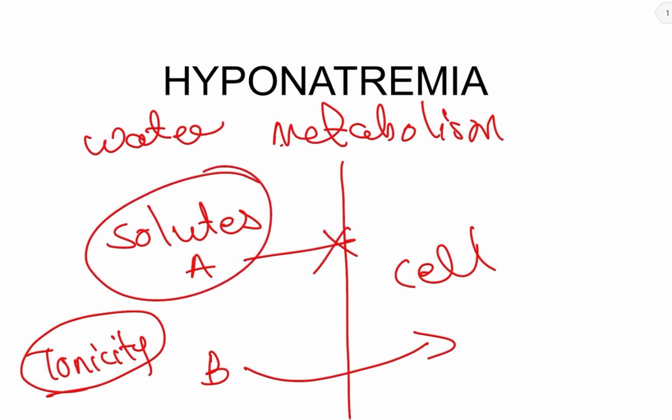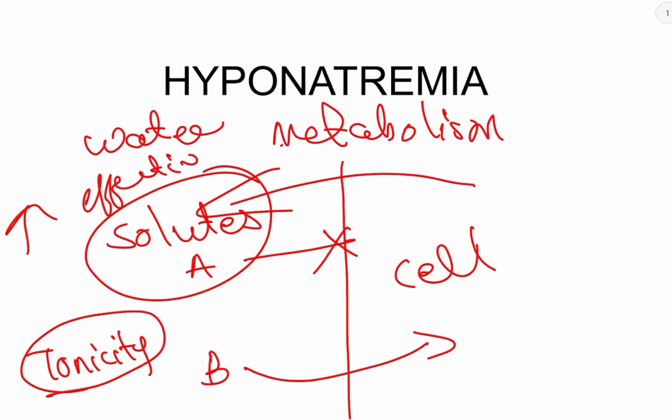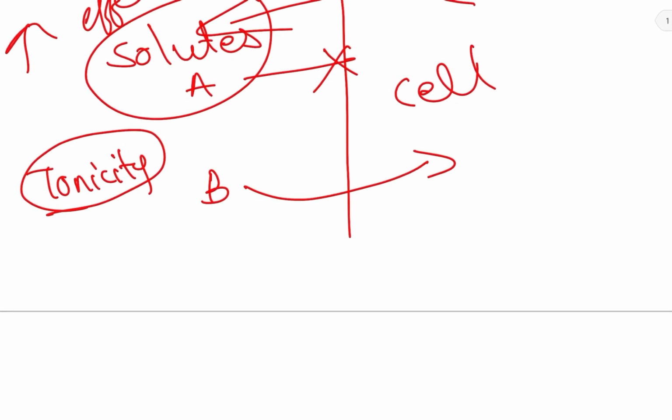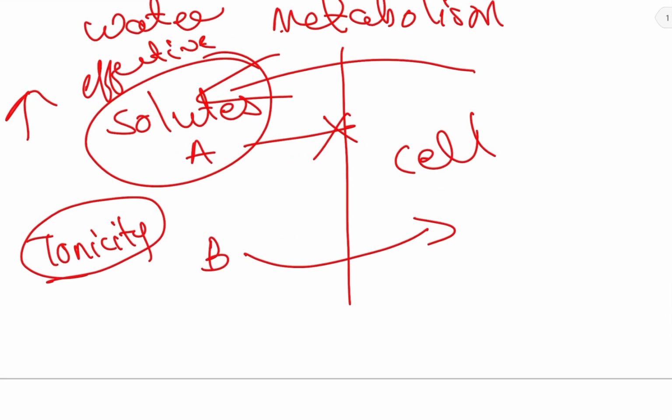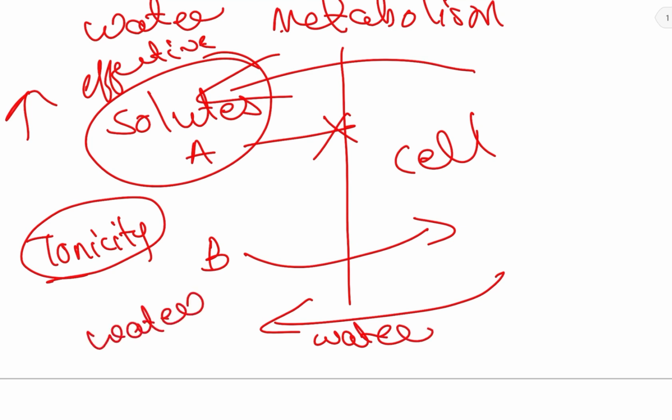will remain in the blood, as a result of which the tonicity of the blood will increase, as a result of which it will draw water from the cell. This type of solutes are called effective solutes. The example for effective solute is glucose. Now whenever there is effective solute in the blood, it will draw water from the cell, as a result of which water in the blood will be